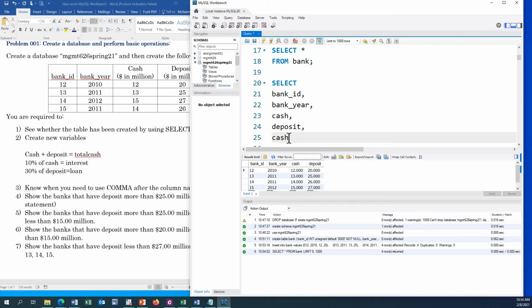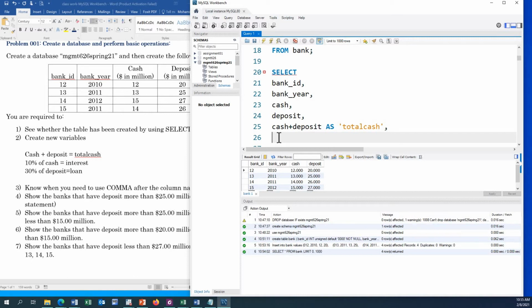Okay, let's see. So cash plus deposit, okay, we write as total cash. See that? This is one variable, meaning we want to create a new variable, the total cash, which is equal to cash